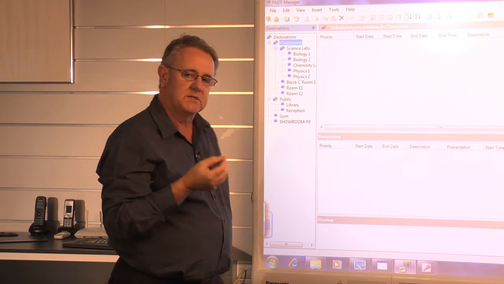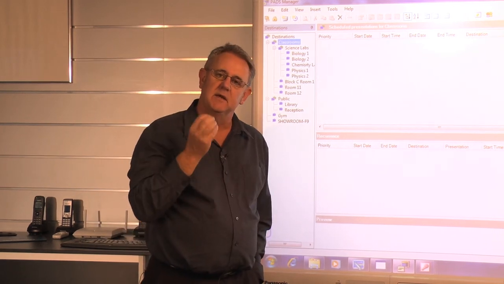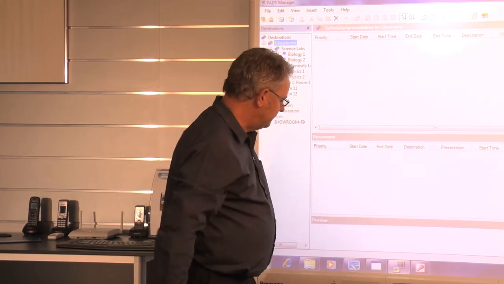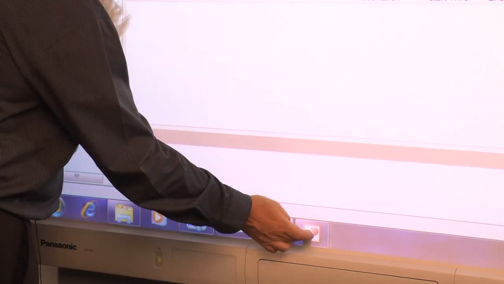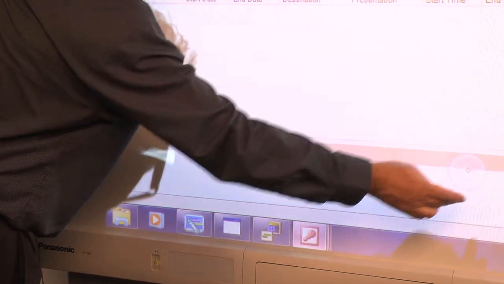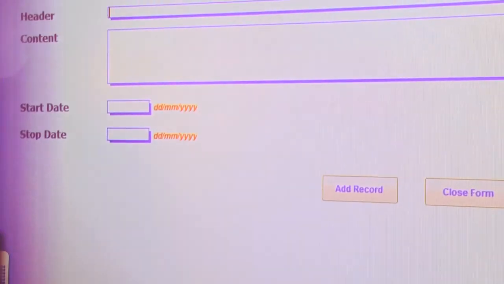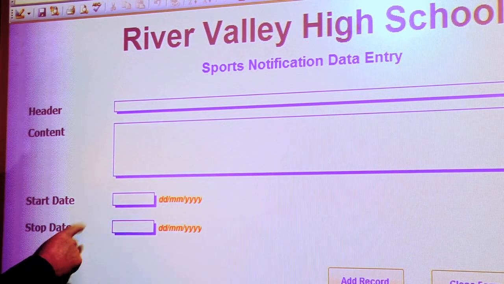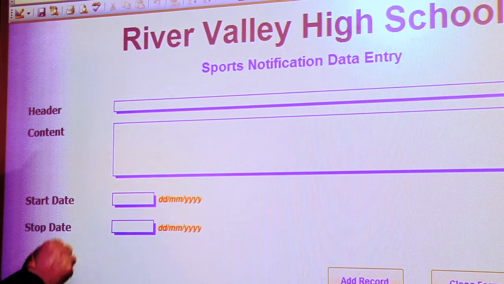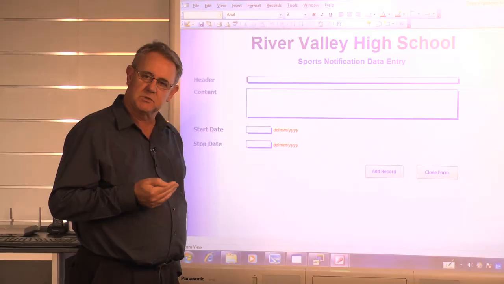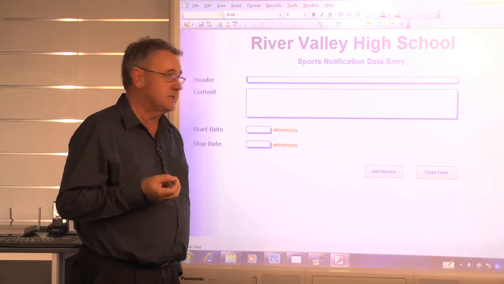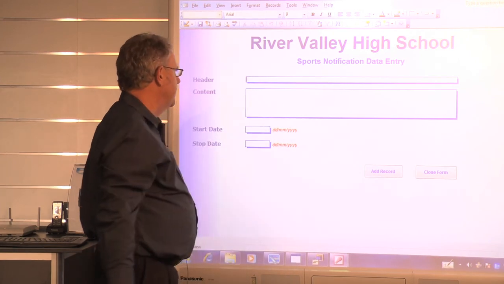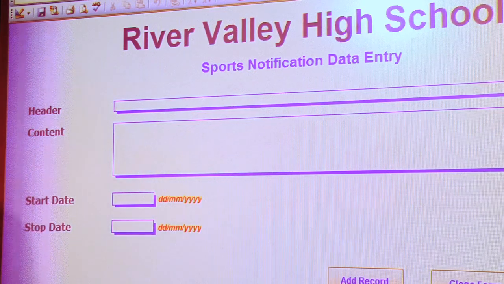The trick with the system is that we want to make the interface for the teachers as simple as possible. So what we've developed is basically an interface here which is running in Microsoft Access. So it's just a simple Access database. And we've tried to get this down as simply as possible so that if a teacher wants to go in and create a message, for example, the sports messages, they go into this screen here off their computer